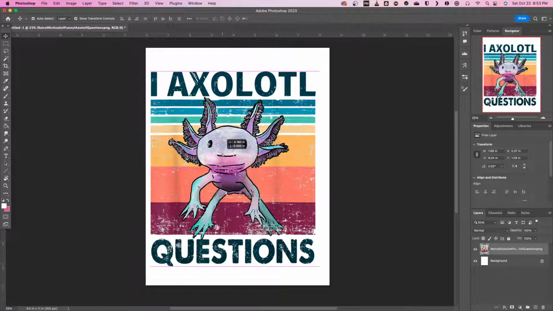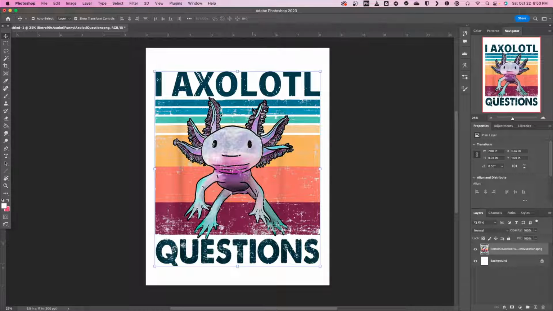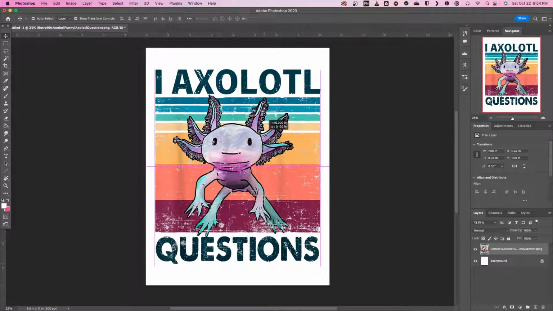So there are multiple ways of being able to restore images inside Photoshop, which is one of the reasons why I use Photoshop. I've tried to do it in things like Affinity and other products, and it just doesn't work as well, especially on low quality images. It's so much easier for me to resize in Photoshop because they've just been doing it for so long. So